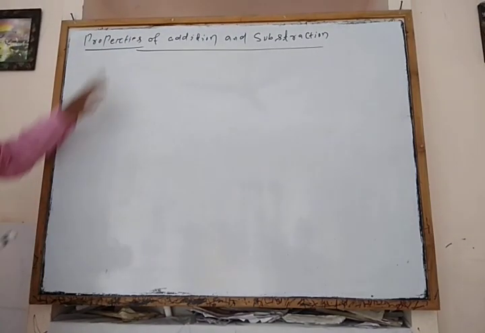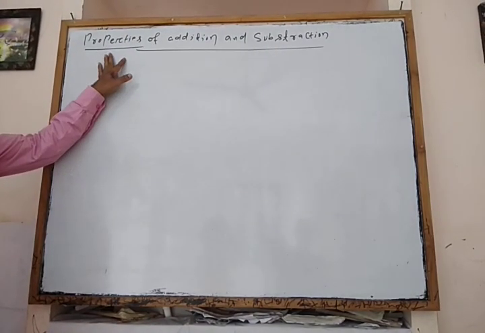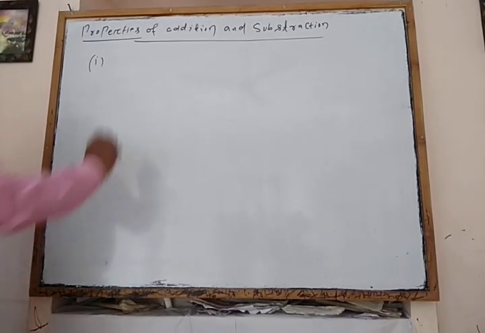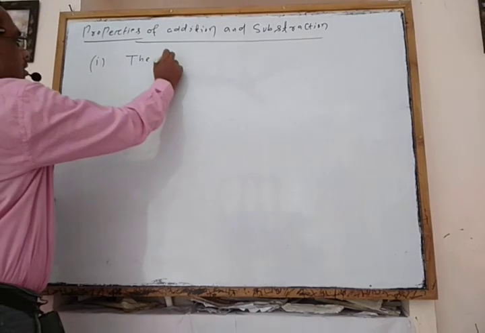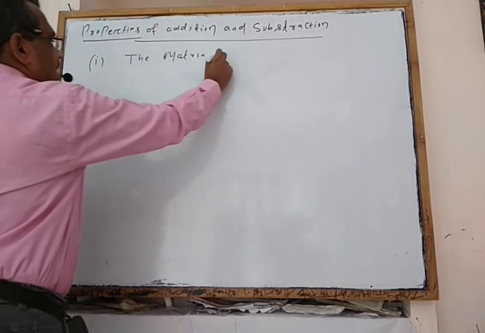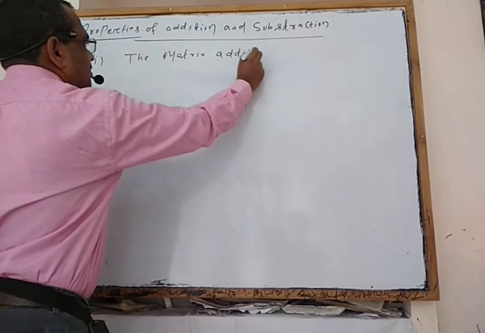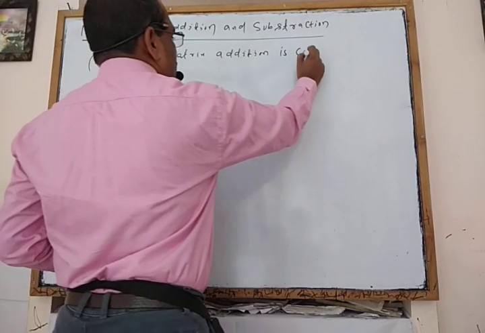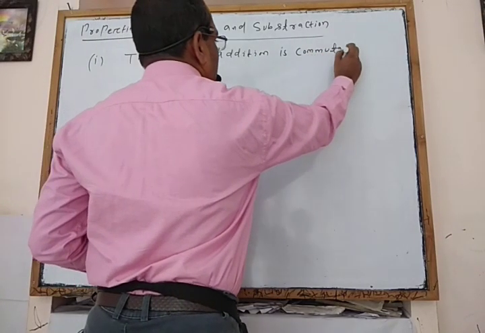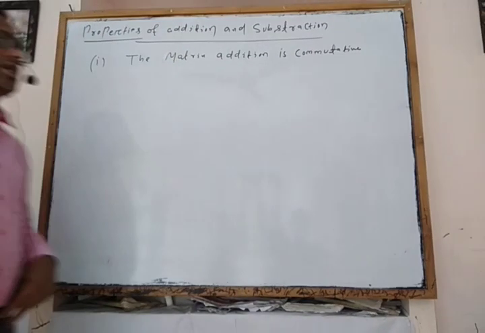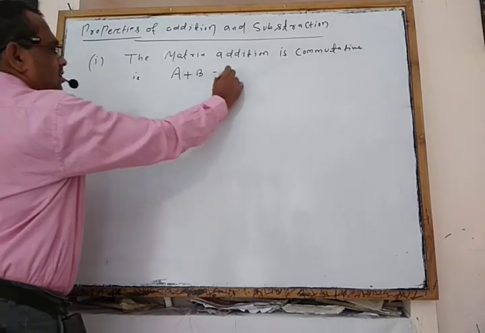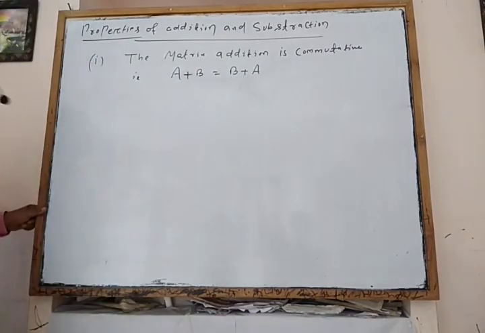Properties of addition and subtraction of the matrices. So what are the properties? Number 1, matrix addition is commutative, that is A plus B is equal to B plus A. Number 2, matrix addition is associative